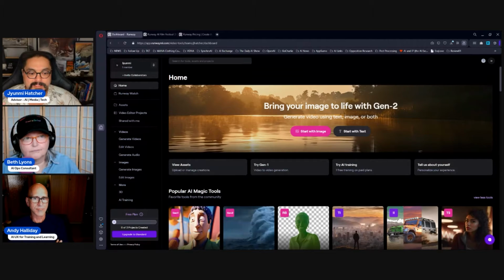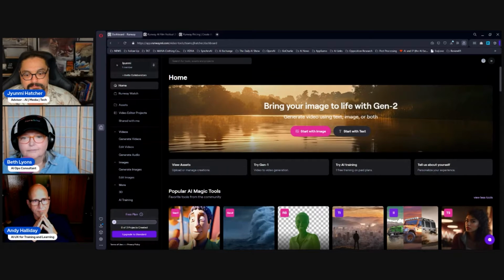But one of the things that I wanted to highlight first off is the amount of tools that are available when it comes to post-production of video, or even just generating images and video. So as you can see, we've got a couple dozen tools here, and they cover the full gamut of post-production video. So whether you need to remove background, or expand your image, or replace parts of the image,